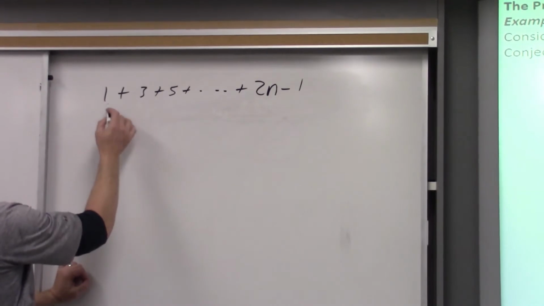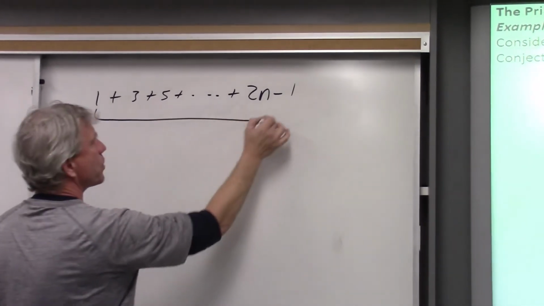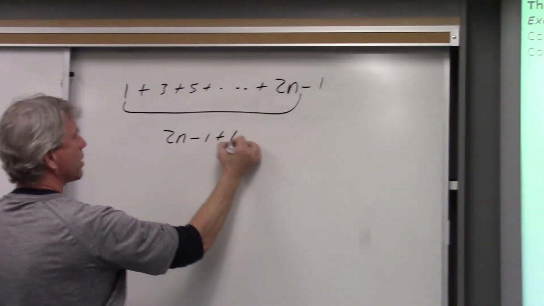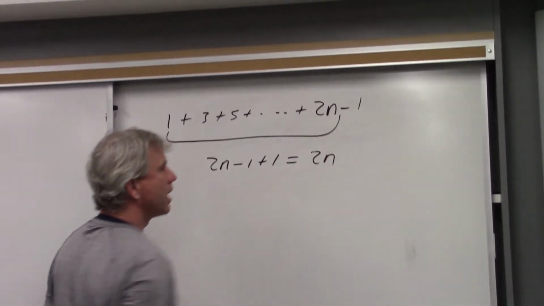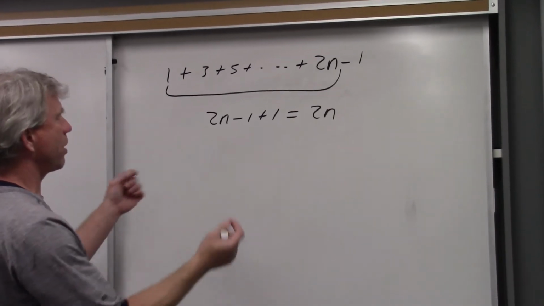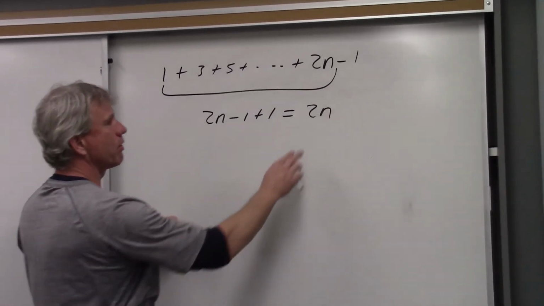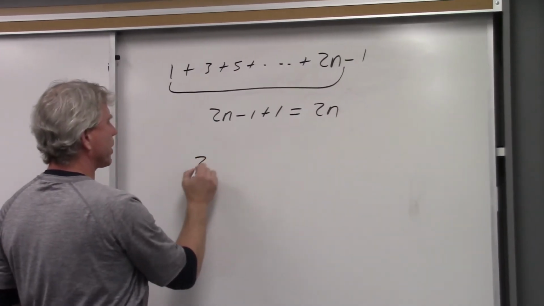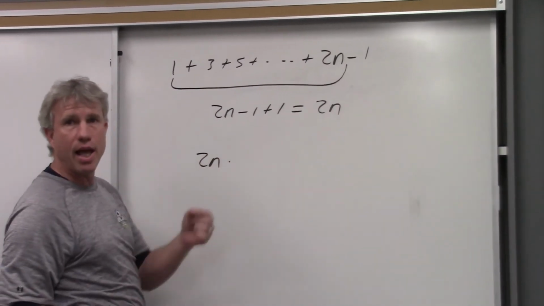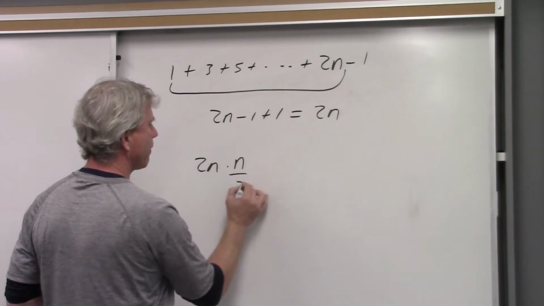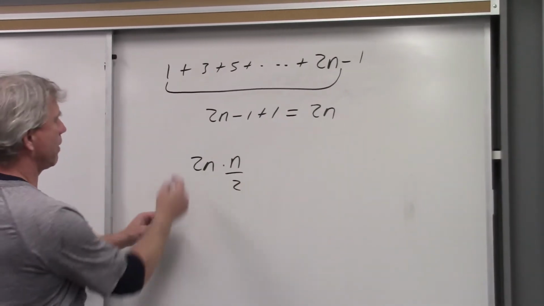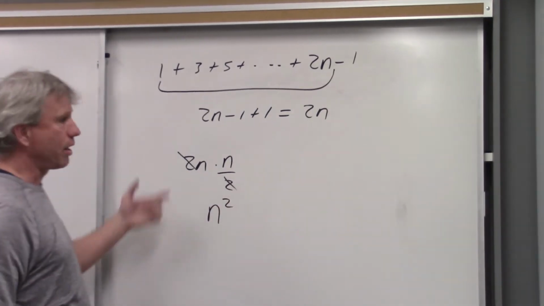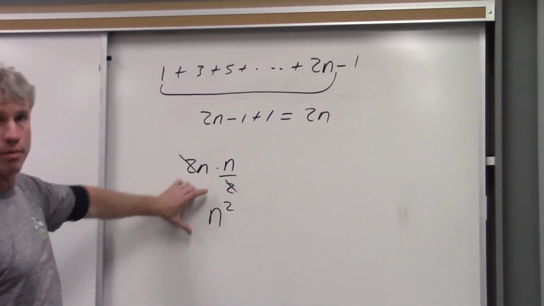And the game that you play is you pair up the first integer with the last. So 2n minus 1 plus 1 gives you 2n. And you conjecture that the pairs of odd integers will always generate 2 times n. And then you further conjecture that there are going to be n divided by 2 pairs of them, and the 2's then cancel, giving you n squared. And so we make the conjecture,